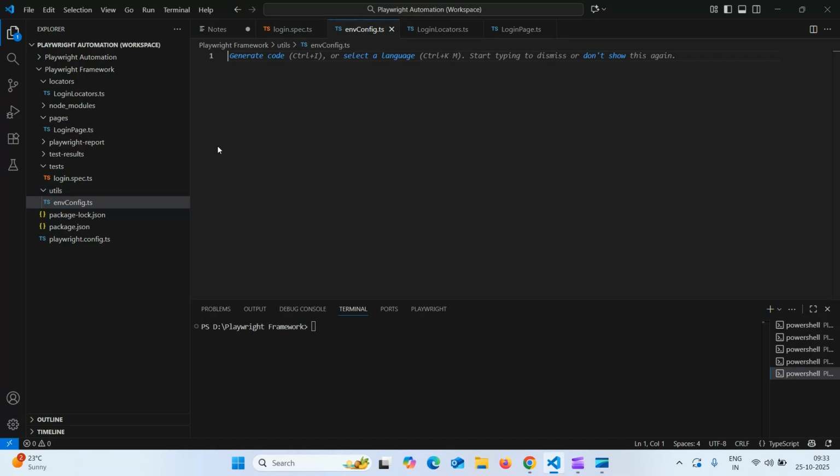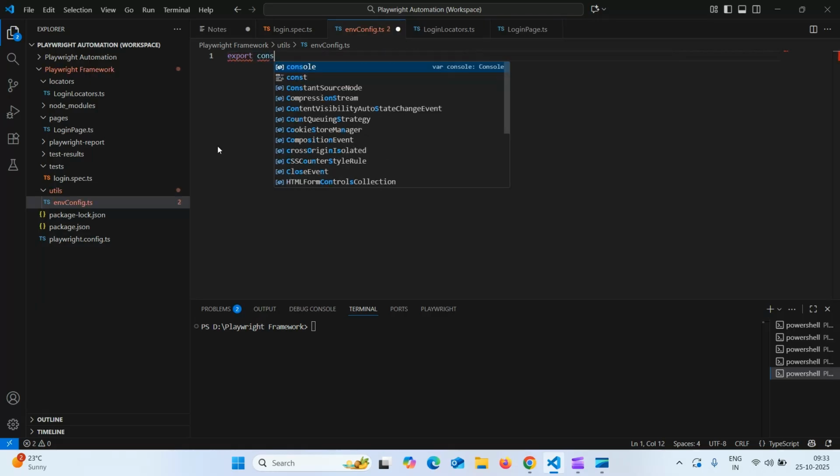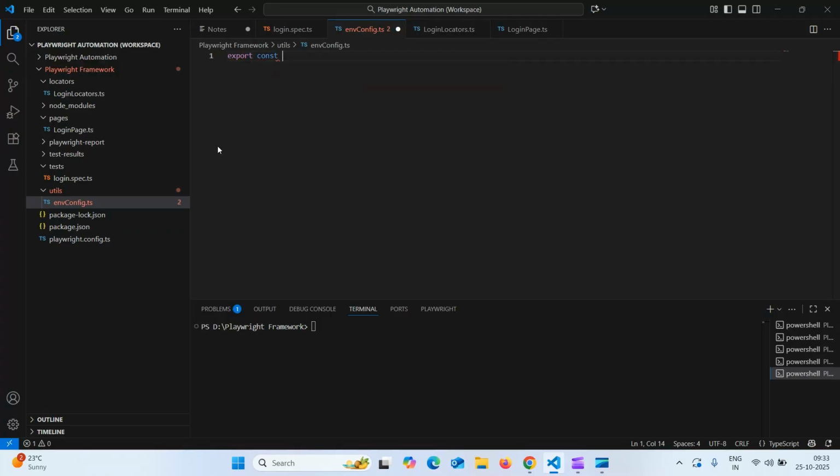Here we'll create three variables, base URL, username and password, and we have to use export keyword. Export const base URL is equal to value, then